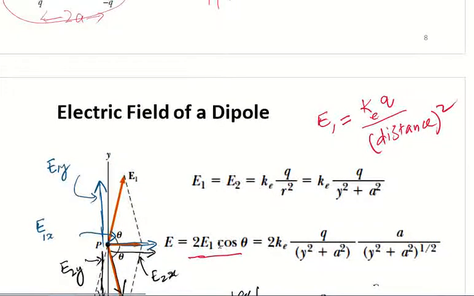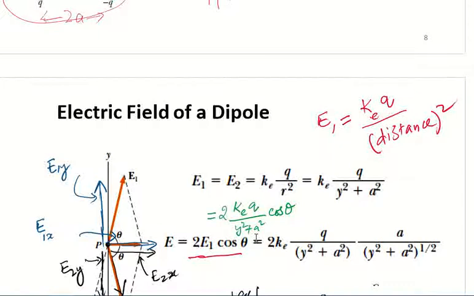We forget cos theta for the time being. In a middle step we will write E equals, I write it with a different ink so that you can differentiate, there is a step in between, where we have 2 times E1, sorry, we are putting the values of E1, so 2 times ke q over y square plus a square, where we have put the value of E1, times cosine of theta,